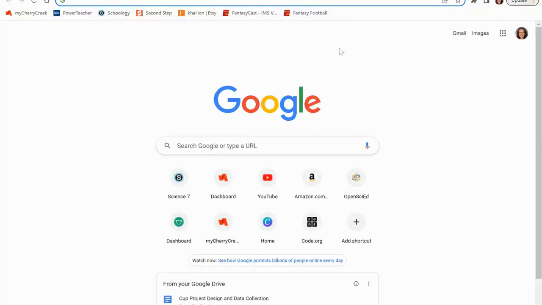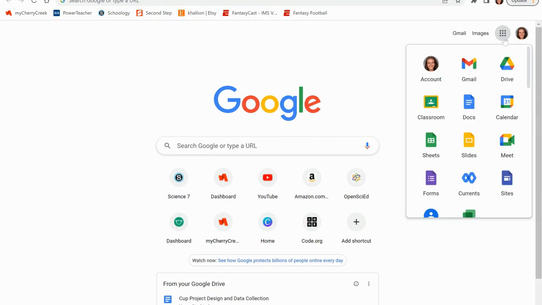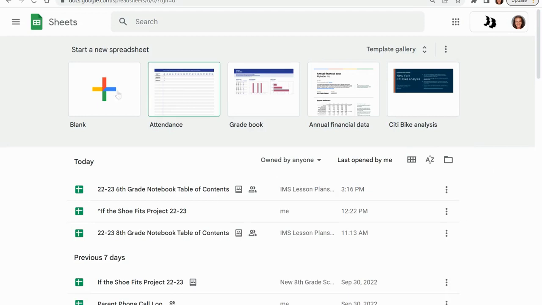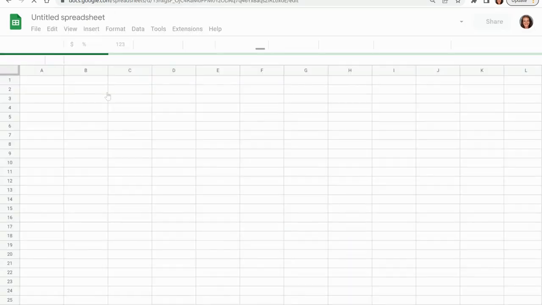All right, so you can head to google.com and click on the waffle. You're going to go into Google Sheets, or you can also go into your Google Drive. I'm going to click directly on Sheets. Now, Google Sheets is awesome because it gives us a place where we can create a data table and a